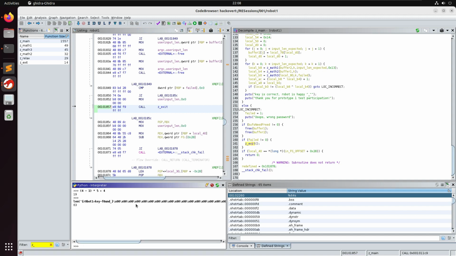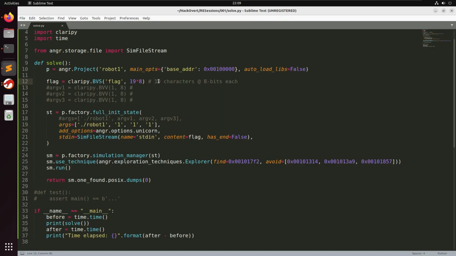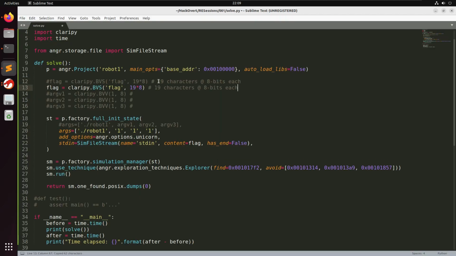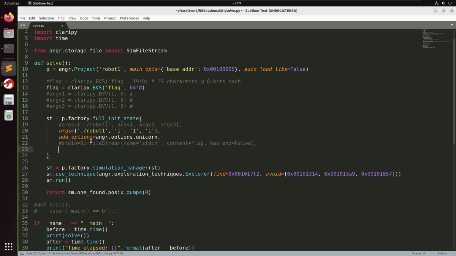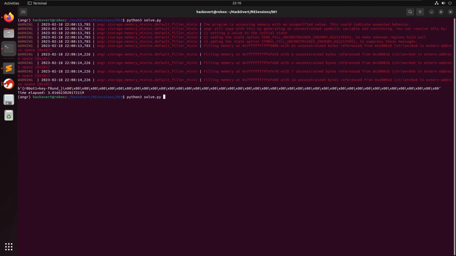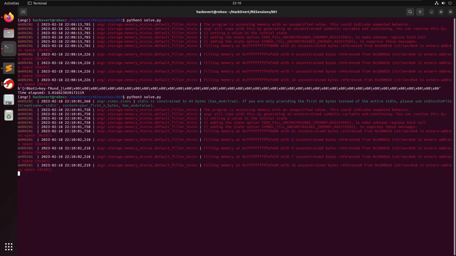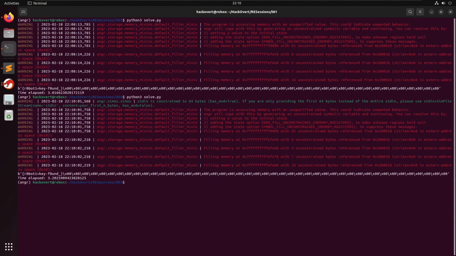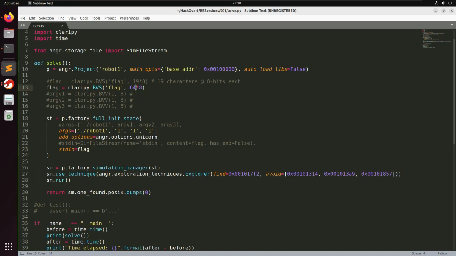So here I am taking a look at the actual length of that buffer that came back in the result, and that came back as 63 bytes. So what I'm going to try to do is work with this bit vector, this flag, a little bit, and try to understand why it needs that 64 bytes and that 19 bytes didn't really seem to work. So I'm going to create a 64 byte. That's why we had to multiply by 8 because, there we go, that worked. Yeah, so at this point,